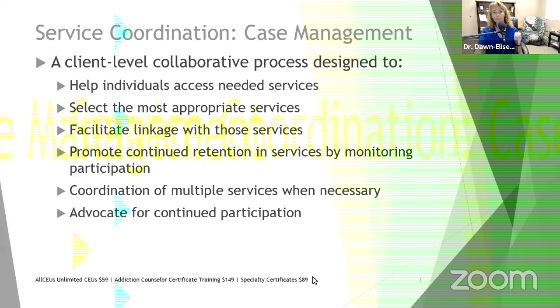It's also important for the case manager to advocate for continued participation if a program is saying, you know what, I think it's time to discharge. The case manager might be able to point out a few reasons why this client is not ready for discharge yet or not ready for step down. So case managers are in large part advocates for clients.